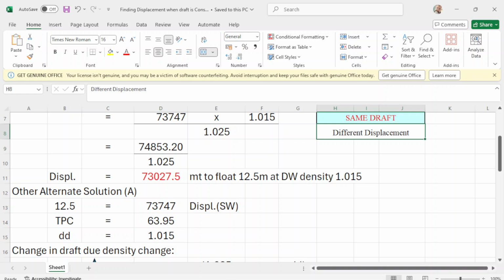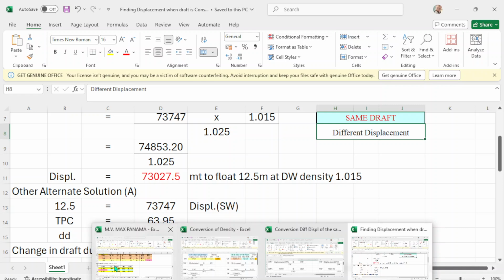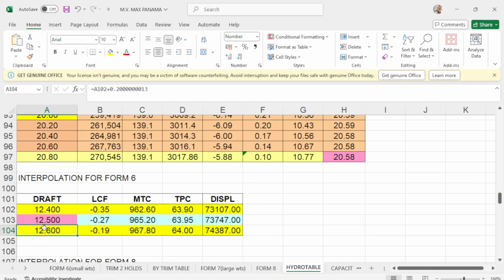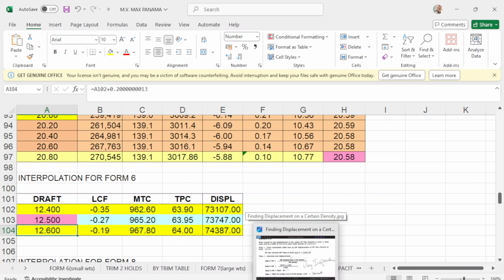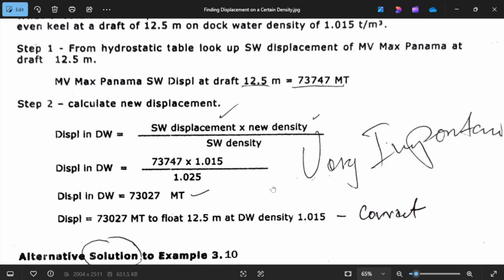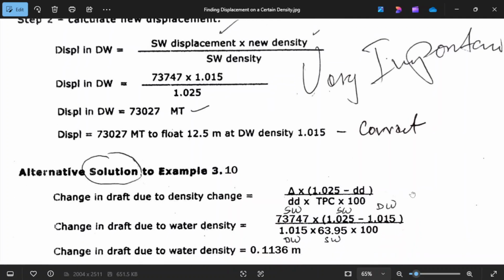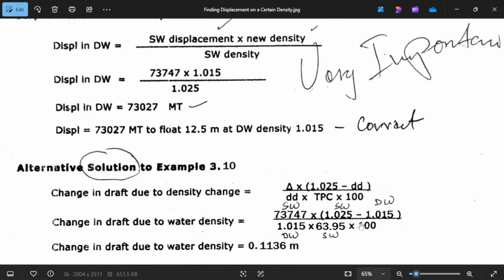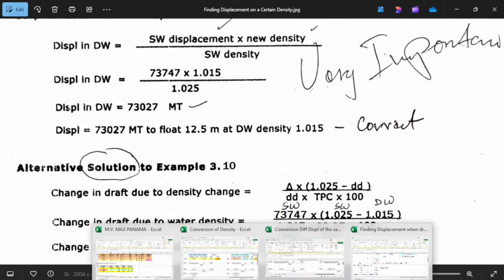So we check the density TPC. The TPC at 12.5 is 63.95, which is for salt water. Okay, 63.95 here.